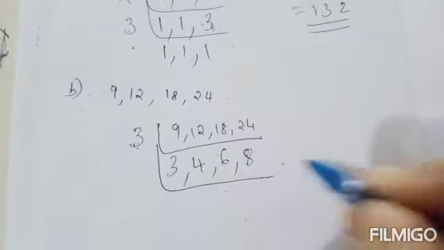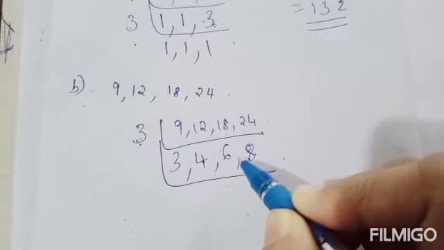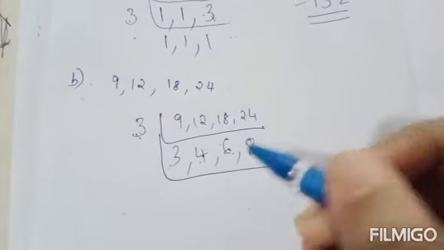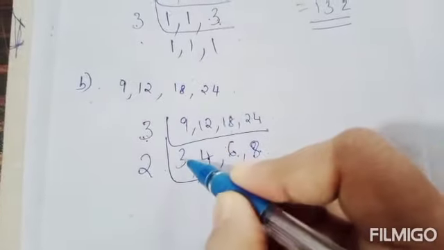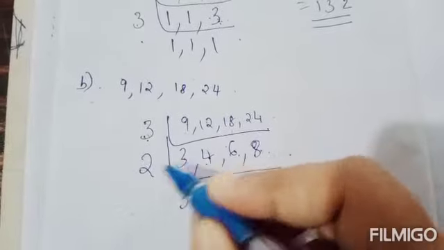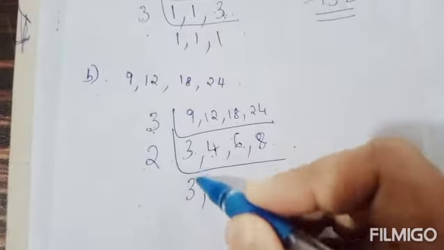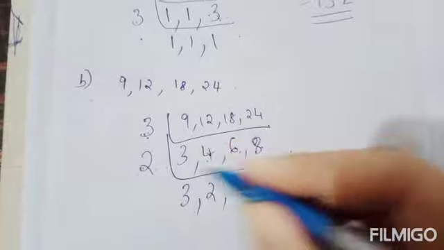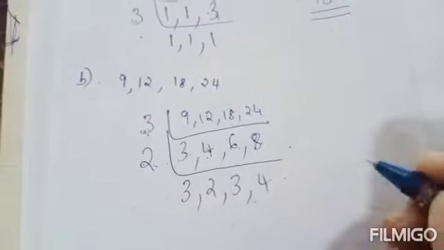Okay, now you can see 4, 6, 8. These are divisible by 2, 4, 6 and 8. Okay, so you can divide by 2. Okay, in place of 3, you can write 3 itself, since you can't divide 3 by 2. Okay, 3 is not divisible by 2. That's why we write 3 as it is. Now, 4 divided by 2, it is 2. 6 divided by 2, you will get 3. 8 divided by 2, it is 4.